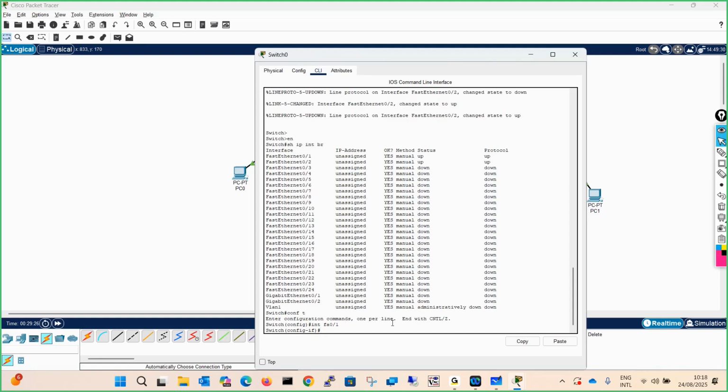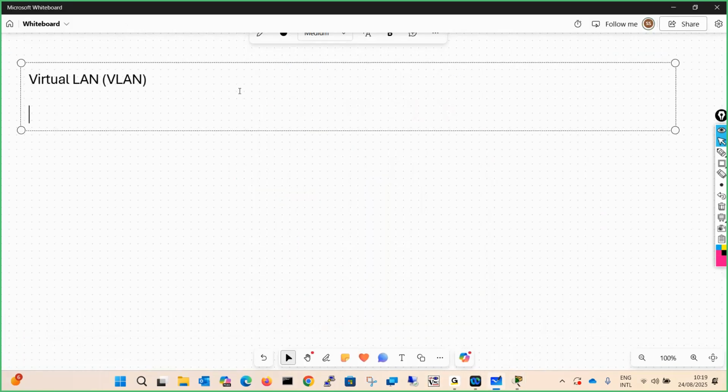But before that, remember, in switches, by default, all the ports of the switches are members of VLAN 1, meaning all the switch ports are members of a single broadcast domain, and that broadcast domain's ID, or VLAN ID, is VLAN 1.